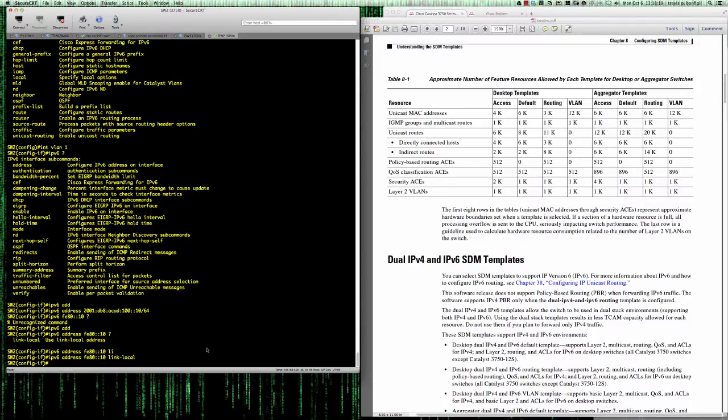Right? And so now these commands work, whereas before we invoked the SDM prefer command and changed the Switch Database Manager template over to the dual stack IPv4 and IPv6, these commands didn't work prior to that. And so now these commands work. So again, I would highly recommend the 15.0 branch of code on your 2960s, as well as enabling dual stack,